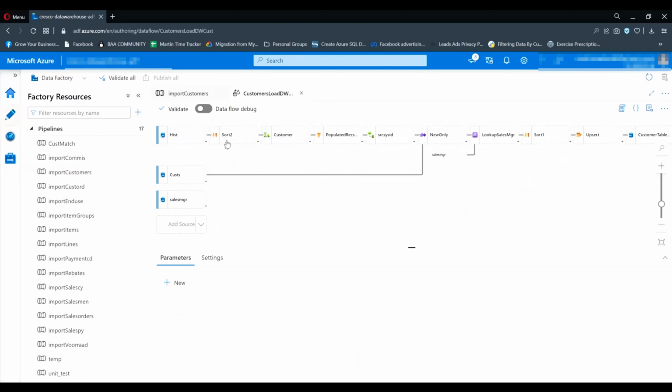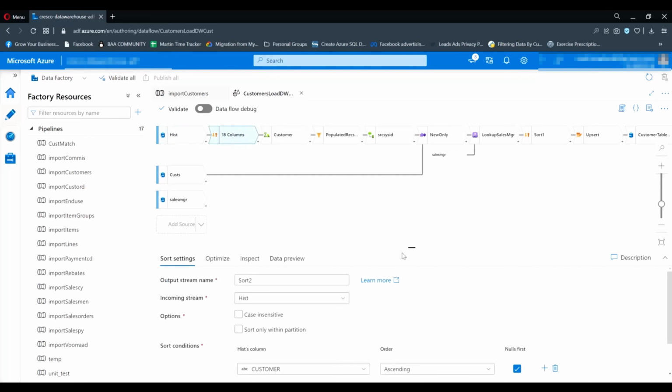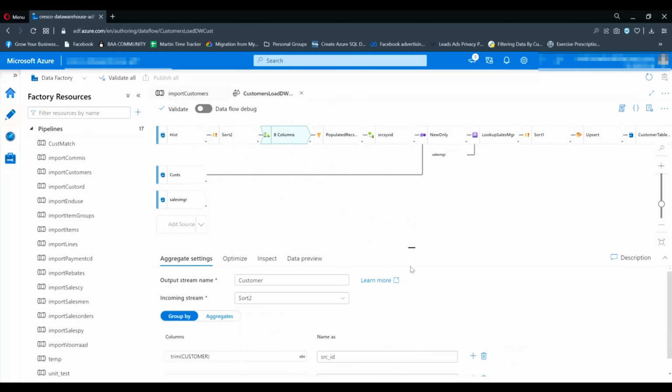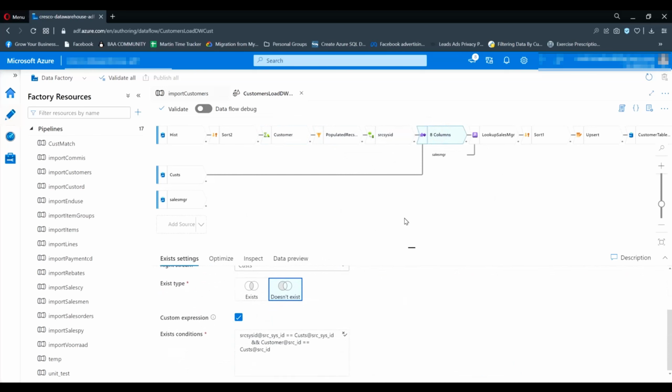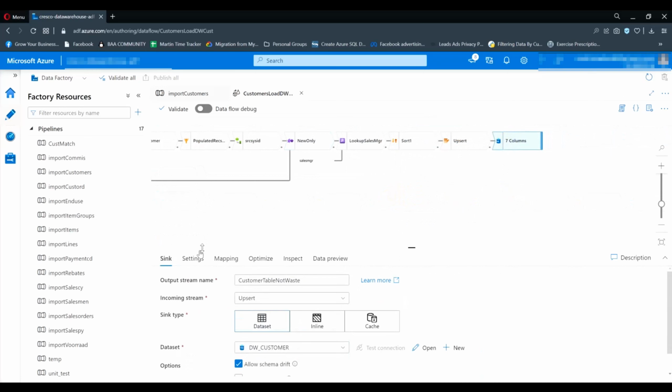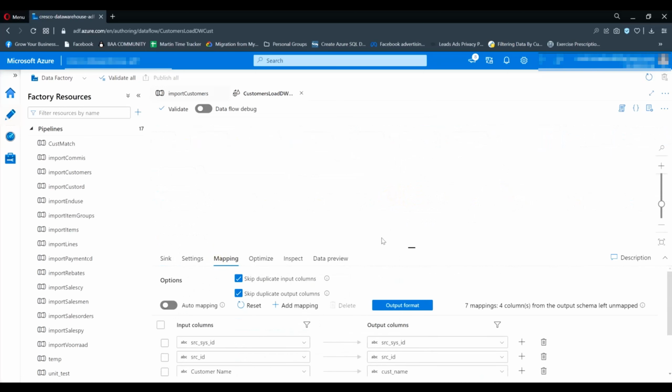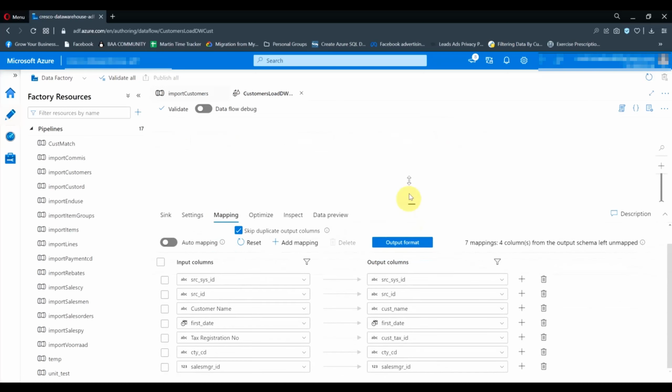And this is a highly standardized process that we build, and each of these steps undertakes particular activities. So they may be as simple as sorting the data, they may be creating IDs if required to standardize how those are stored, or they may be going away and looking up information. So finding out, for example, is this a new customer or is this one we've seen previously? Before finally mapping it all into a highly standardized customer table so that all of the information we've got has